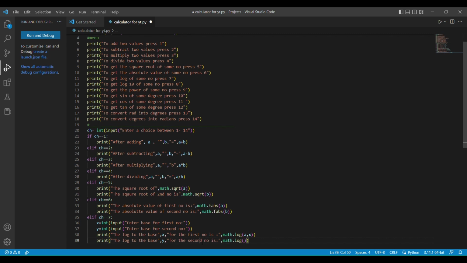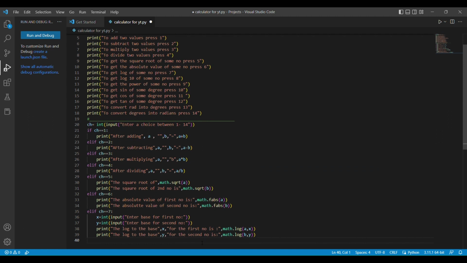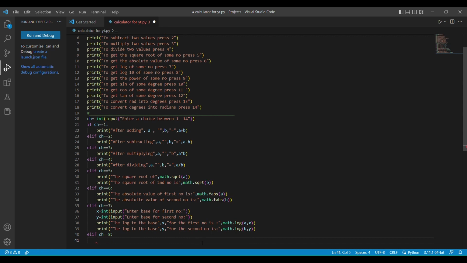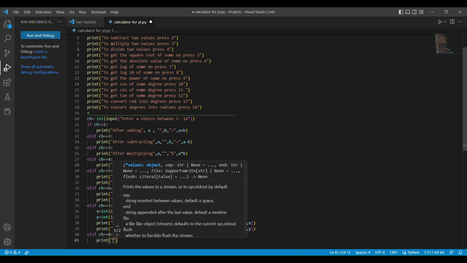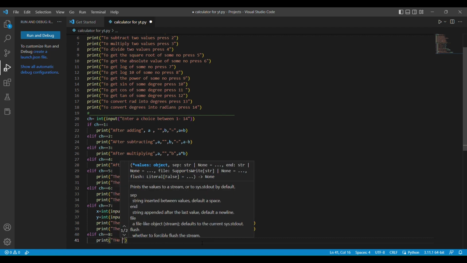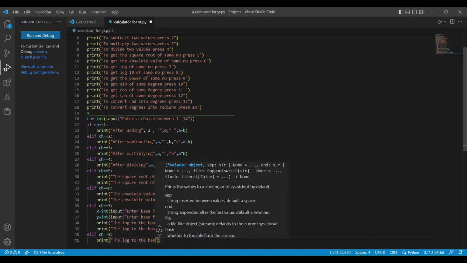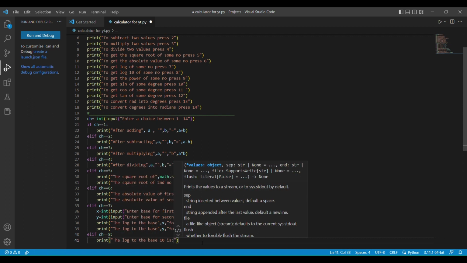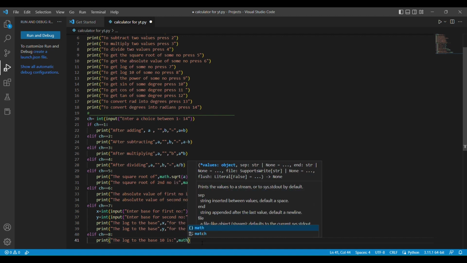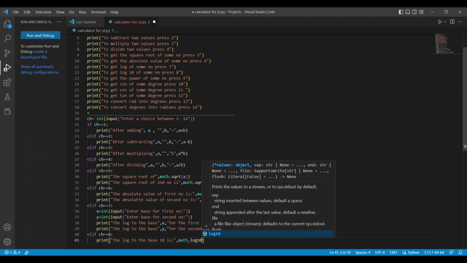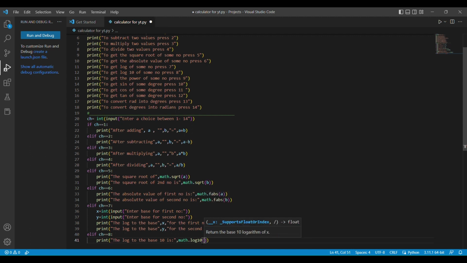Alright, so b comma y. Okay, now if ch is equal to 8, it is to get log 10. So the number we already have, so just write print the log to the base 10 is math dot log 10 and in bracket we will write a